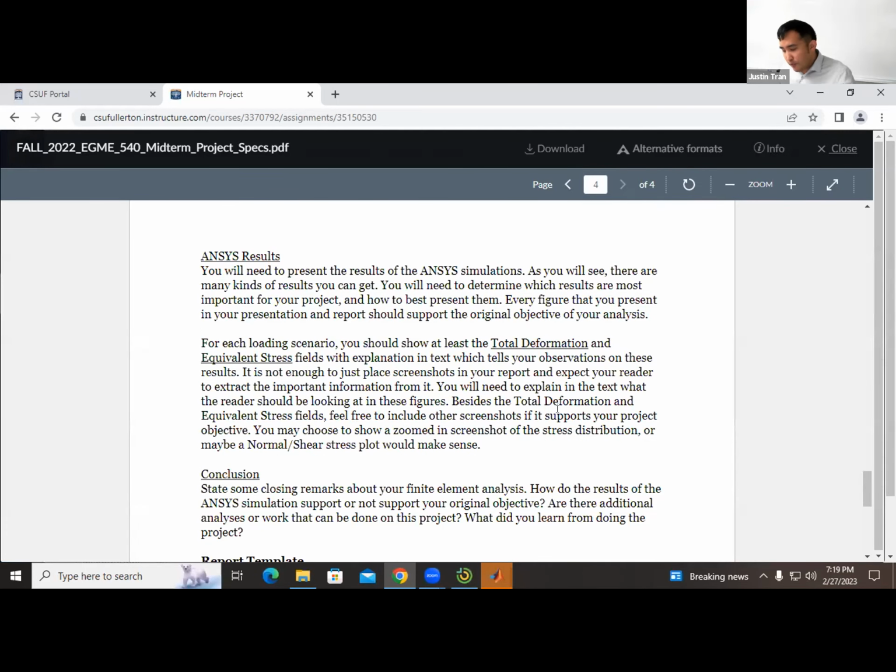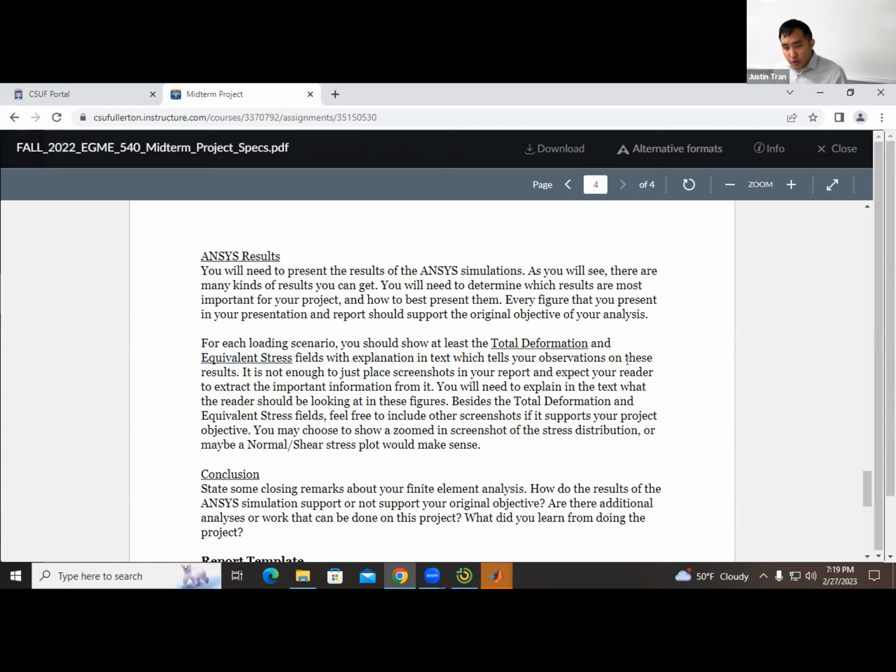All right, so once you've justified all your finite element decisions, now it's time to present the results. You'll have a section here for the results. For every configuration, and we talked about how you have to have 3 configurations, I want to at least see a plot of the total deformation and equivalent stress. That's at least 2 figures per simulation.